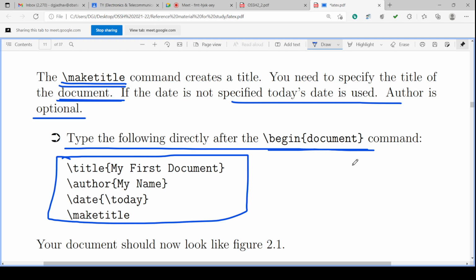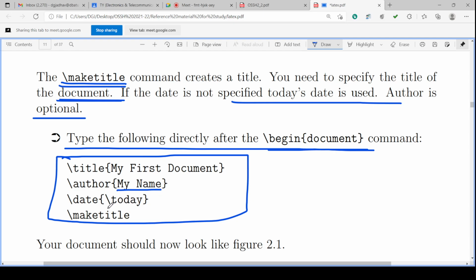So what are the commands for defining the title? \title, curly bracket, whatever name of the title you want to give. You can give the seminar report title, or the minor project report title, or the project report title, or the title as industrial training. And \author, your name in curly brackets. So here you will write the name of the author.